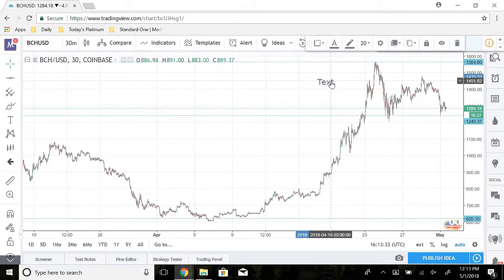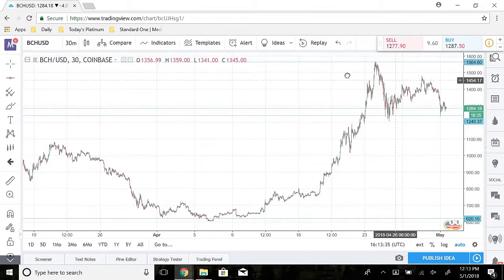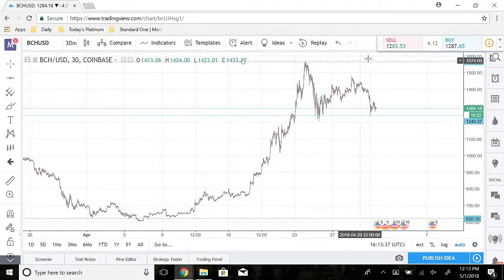And of course, this is not going to let me write text, so I'm just going to leave that alone for a sec. So basically, you're just going to think of this line as the strongest resistance in the time period, right? Because this is the highest point in this time period that we're looking at, and that would be the strongest